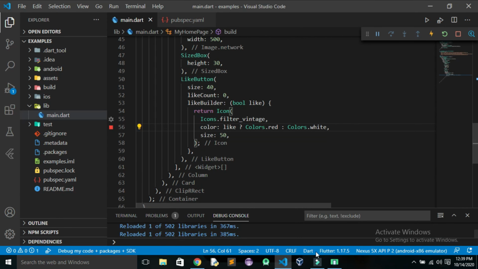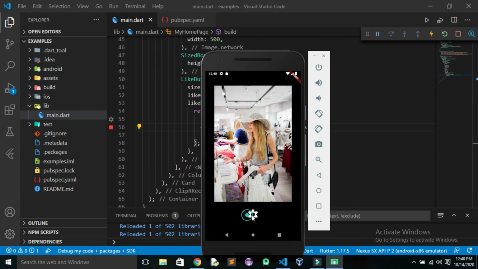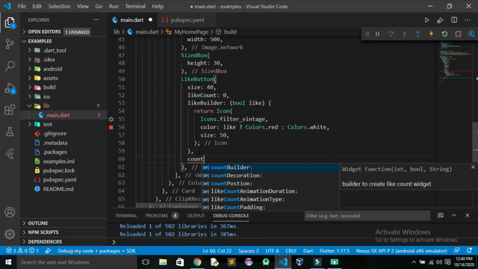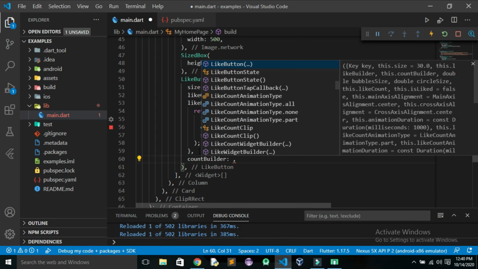Now for example, just think that the count is 0. So now some users might not know what to do with this icon. So you want to show some message. So in that case, you can use another builder, that is the count builder. So here I'll write that. Okay. So here you can use count builder, and in that it takes 3 parameters.